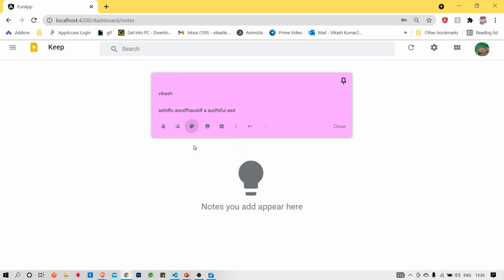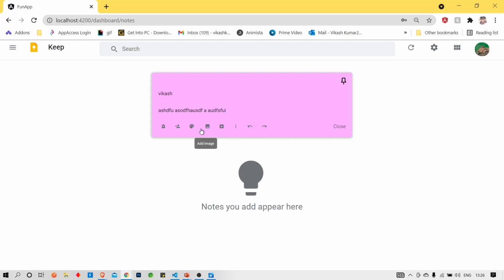If we click, then the whole box color will change. And here you can observe undo and redo. If we click on the undo button, then undo will work, meaning it will erase one or two words, and the redo button is also working.